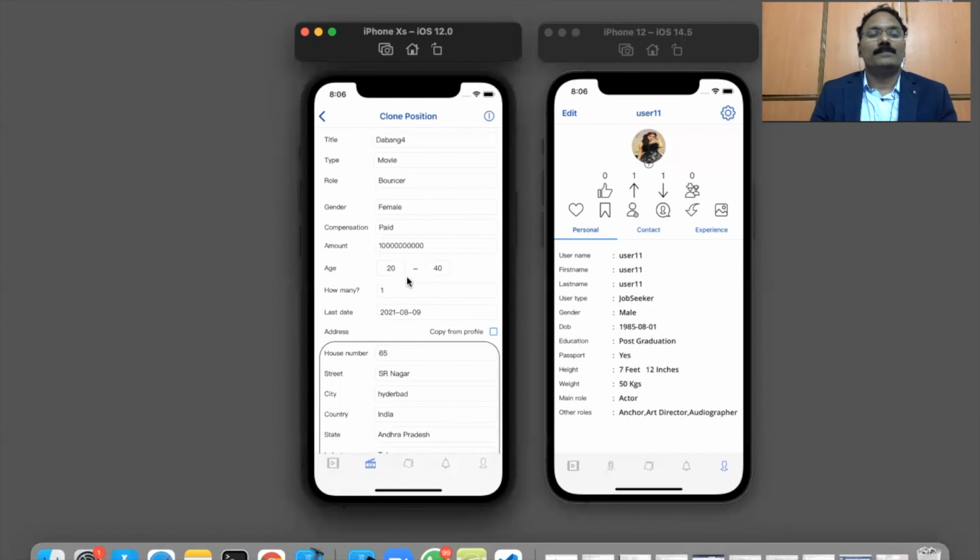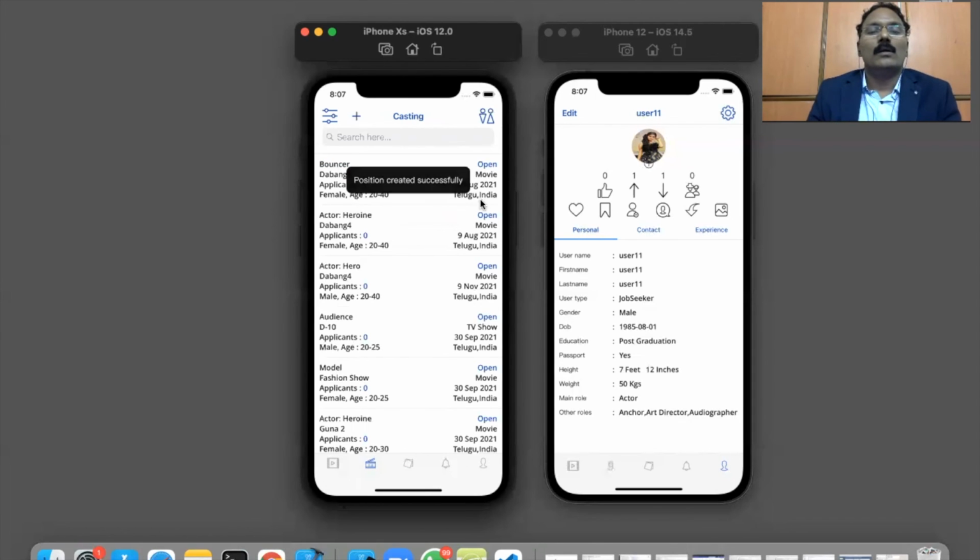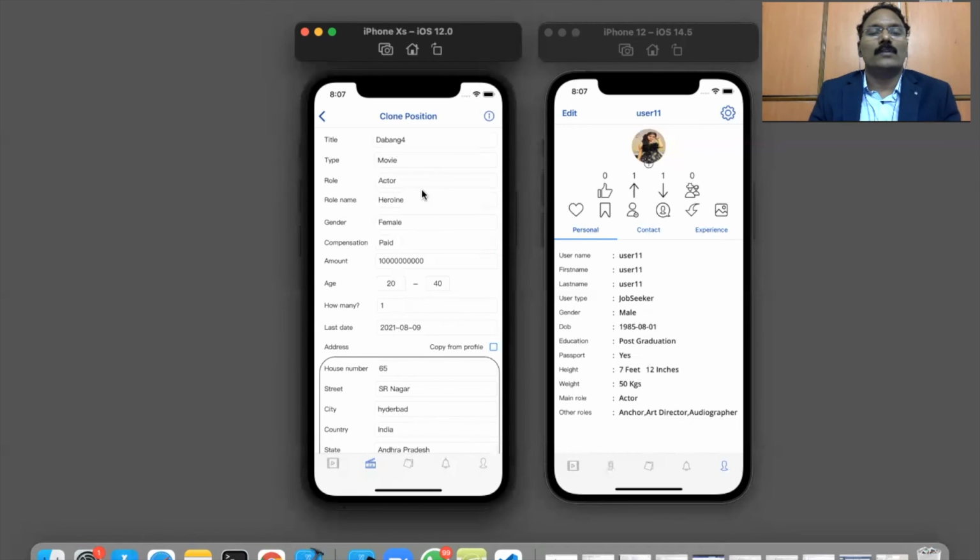Okay, and you can remove this and then add the new description. Bouncer required. Okay, and you can create another one and show what are the different categories.